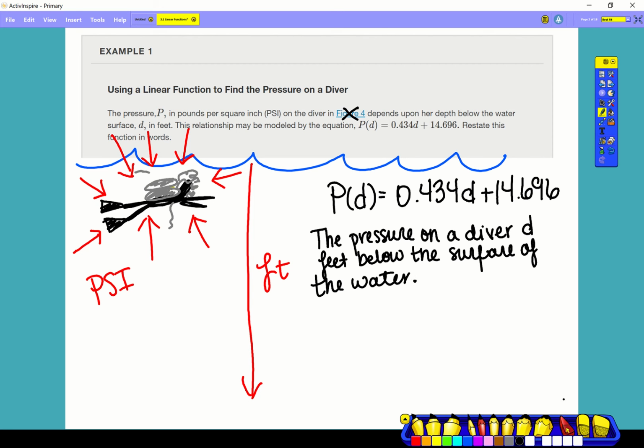Oh no, we don't need that. Okay, the pressure on a diver D feet below the surface of the water